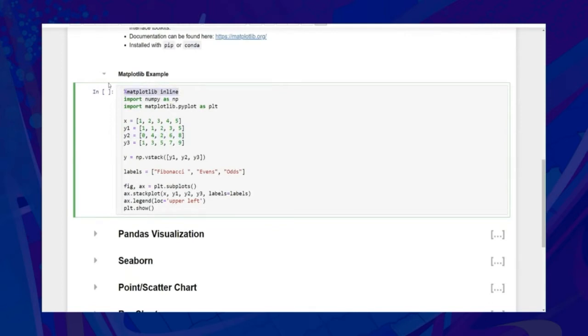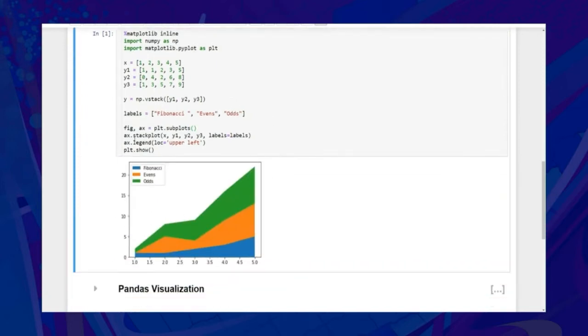Because I'm in Jupyter Notebooks, I'm going to use percent matplotlib inline, and this is going to allow me to show my images directly in my cell after I run a bunch of code. I'm going to import some libraries, but the most important one here is to import matplotlib.pyplot as plt. And I say as plt because it's a shortcut form. And we're going to go ahead and create a stack plot with some fake data that I made. So in a few lines of code, I can set my labels. And then for each set of data, I can plot it quite easily, add a legend, put the upper left